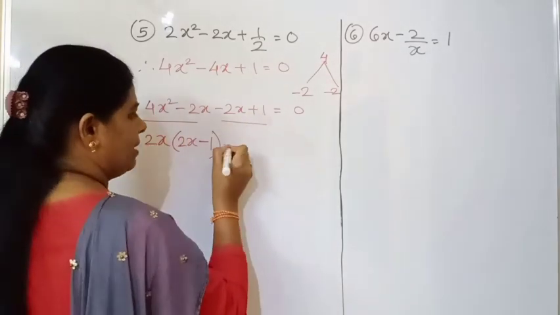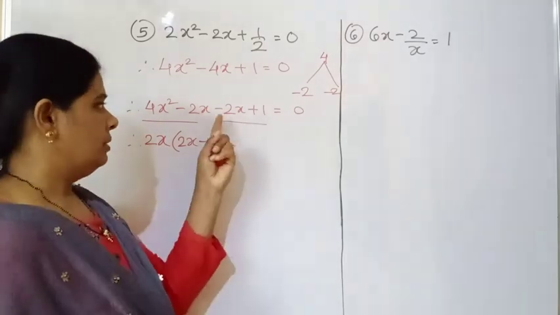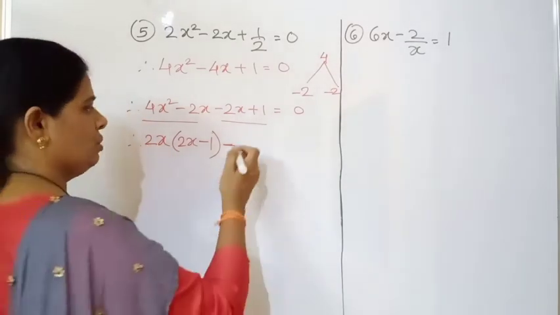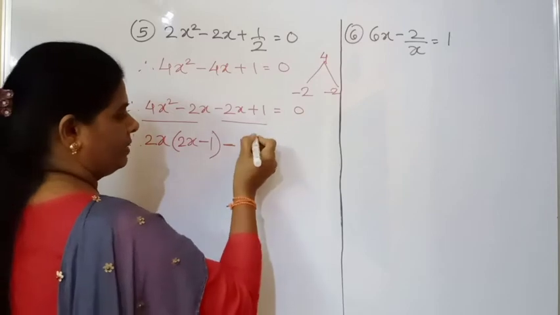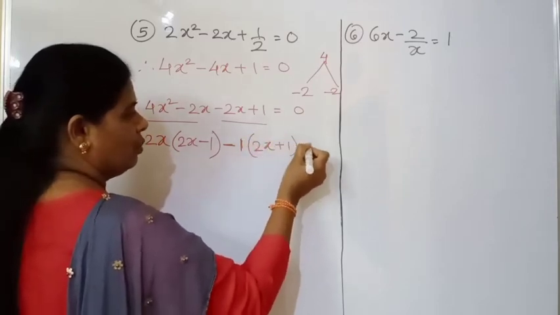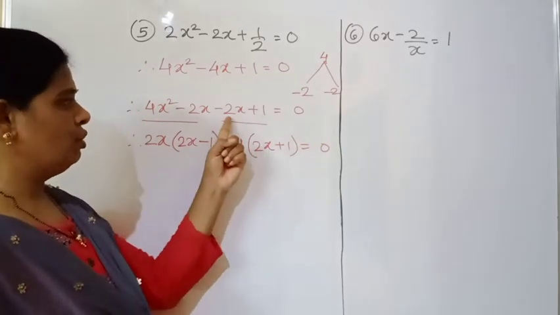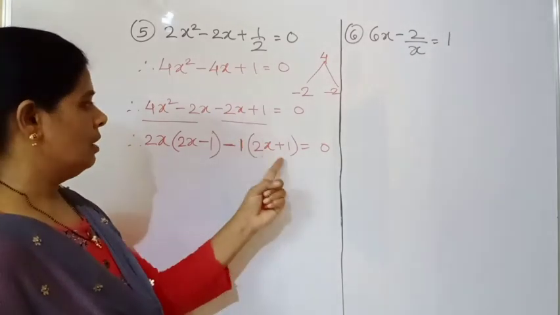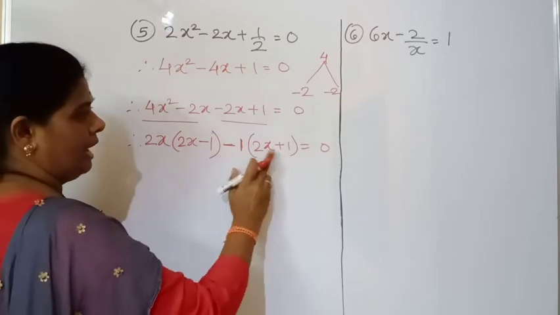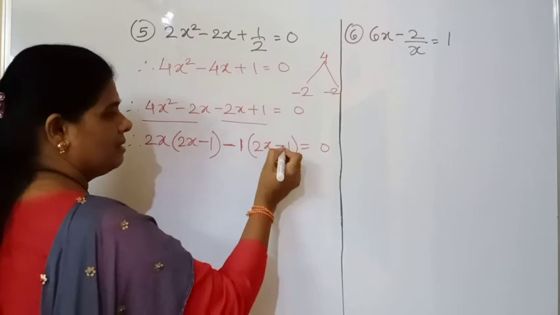Okay. Now the second part. Now here x is not common first of all. 2 च्या टेबल मध्ये 1 येत नाही, पण 1 च्या टेबल मध्ये 2 येतो. So we will take 1 as a common factor, and inside the bracket we will get 2x plus 1 equal to 0. 1 twos are 2, you will get 2x plus 1 ones are 1. Now what is the sign here now? If you will take plus here, minus plus, it will give you minus. So we will take here as minus sign.